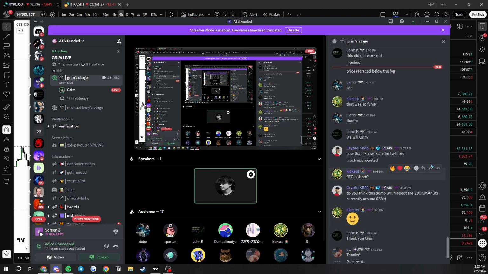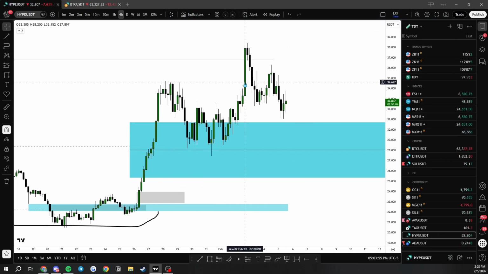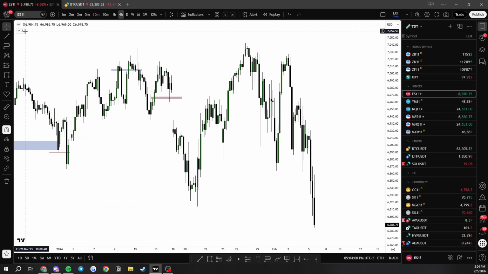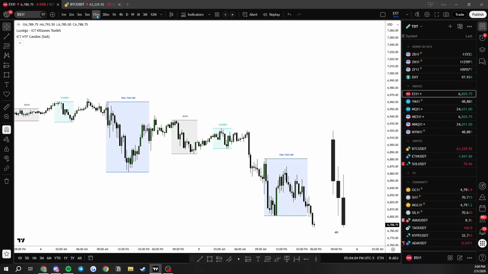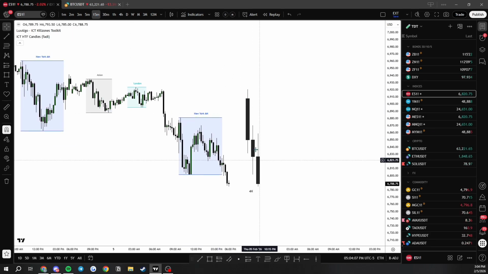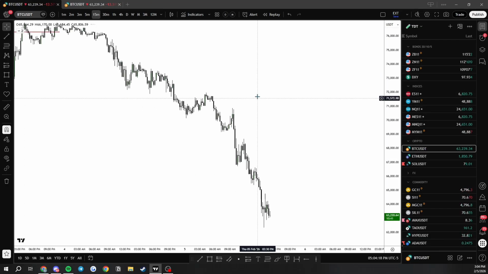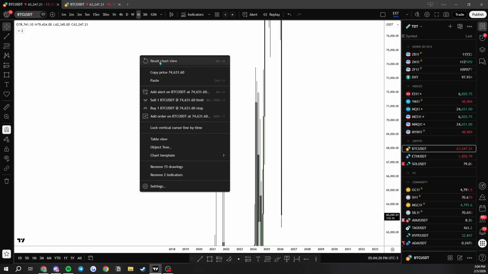BTC bottom. Okay, cool. We'll cover that. I don't use moving averages. I don't use any indicators like that. Any of the indicators that I do use are like lazy guy indicators. Like I don't want to mark out the kill zones myself, or I want to see the higher time frame candles at the same time I'm looking at the lower time frame. I'm using stuff like that. So it's not something I really look at personally. I used to, but yeah. So for the bottom,